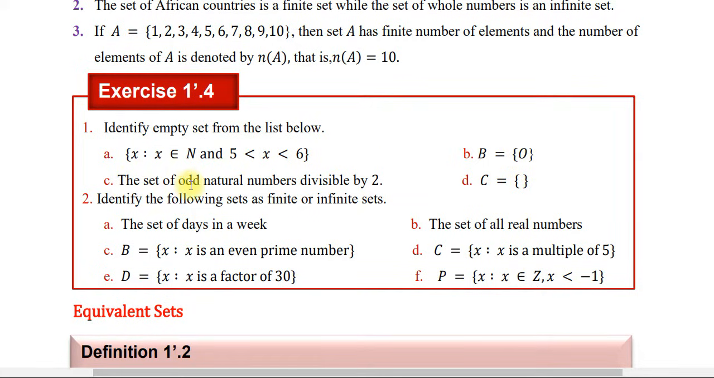C: the set of odd natural numbers divisible by 2. odd natural number ሆኖ በሁለት ሊካፈል አይችልም። ኢተጋማሽ ተብሎ በሁለት የሚካፈል የለም። ስለዚህ ኢምፒቲ ሴት ነው። እዚህ ጋር C is equal to empty set። ይሄ ባዶ ነው እያለ።